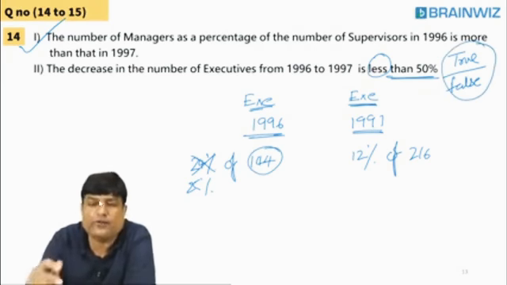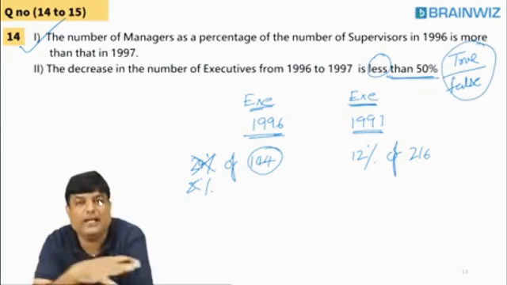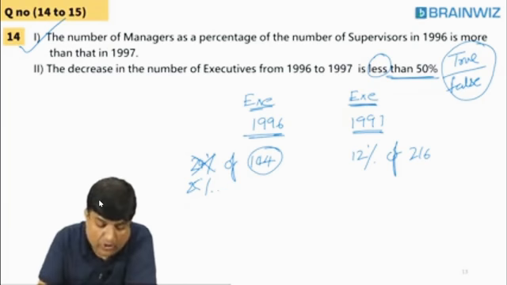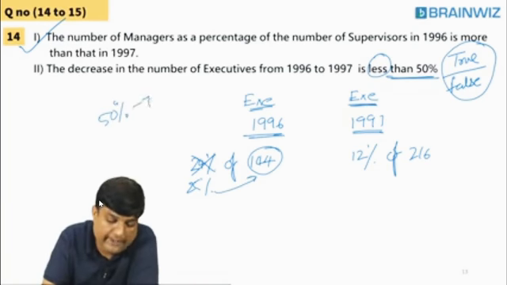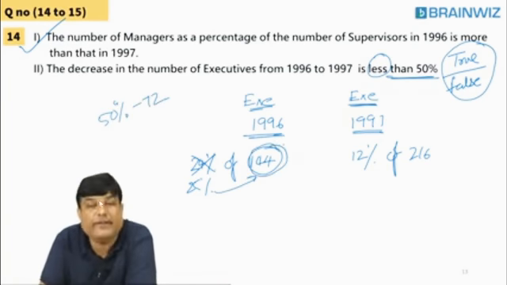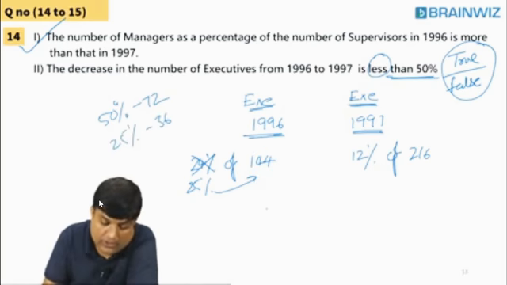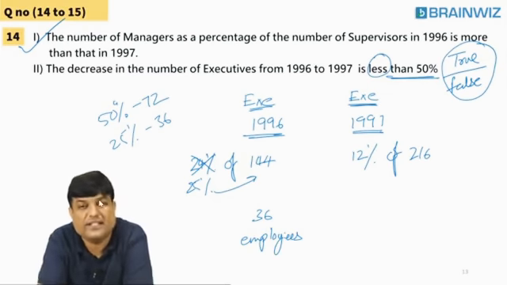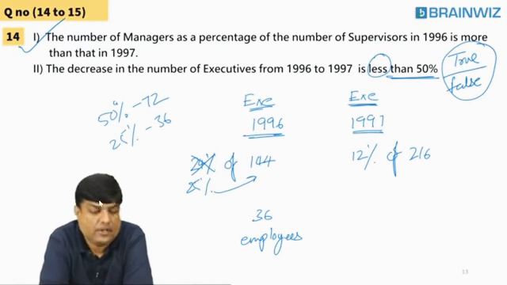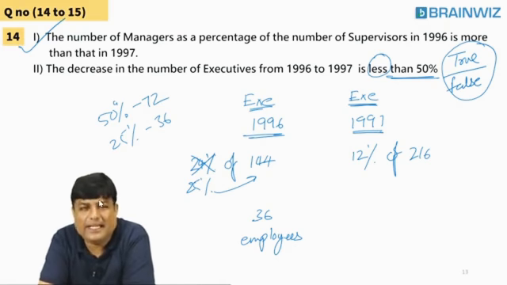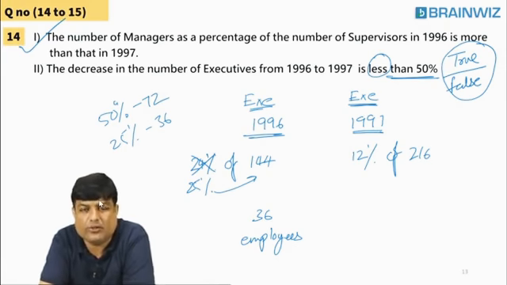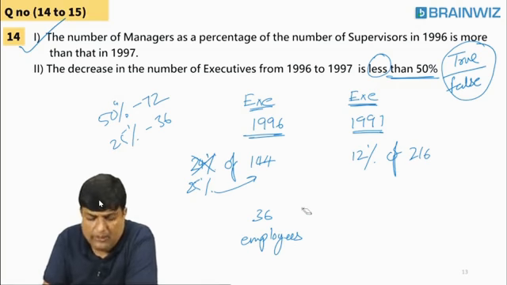You are asking me true or false. I'm not engaging myself in calculations. 25% of 144. I don't know. 144 half. 144, 50% is 72. 25% is what? 36. So I got 36 employees. Yes, Kiran got 36. Following, everybody? I'll show you in the calculator, it is not exactly 36 employees, something around, but I'm going with